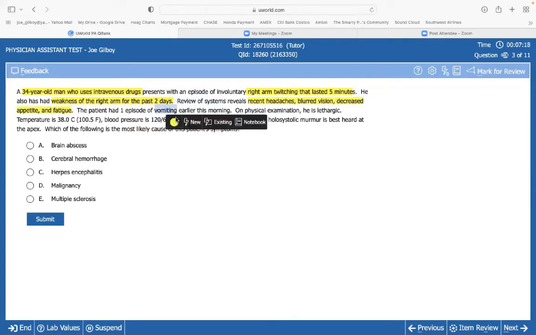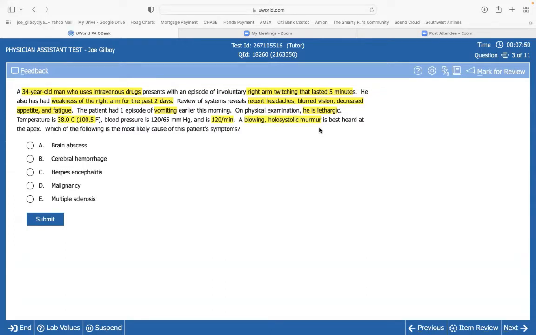Okay, one more time, guys. Do not leave the cell. Do not leave, because right now everybody's going around the cell trying to fit something. No, guys, you have to look at the whole picture. On physical exam, he is lethargic. All right, he's got a temp. Blood pressure's fine. He's a little tachy. And he's got this blowing holosystolic murmur. This is where everybody goes wrong. Now you start going through your memorization of all the holosystolic murmurs. Stop it. Look at the whole picture.